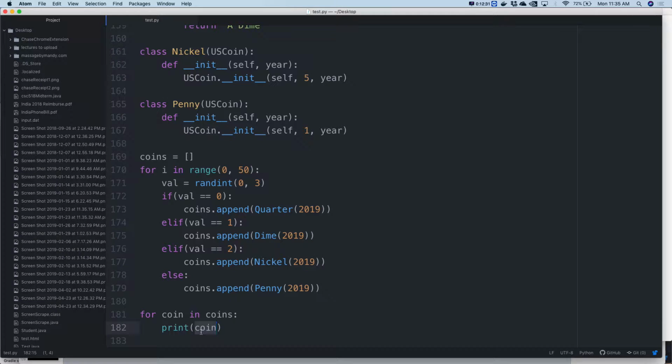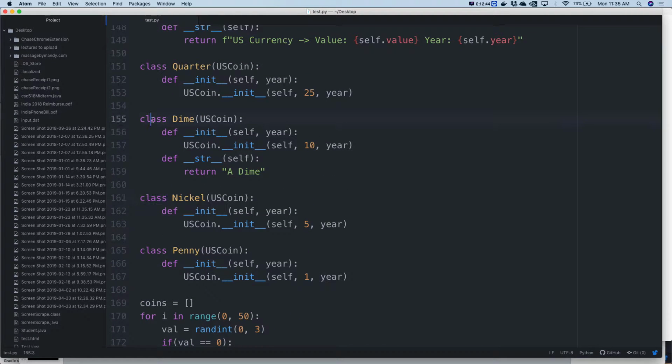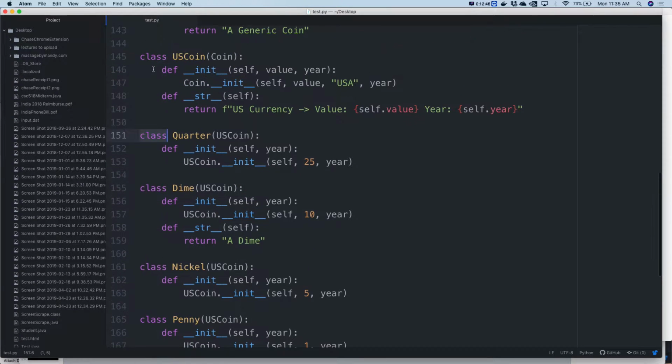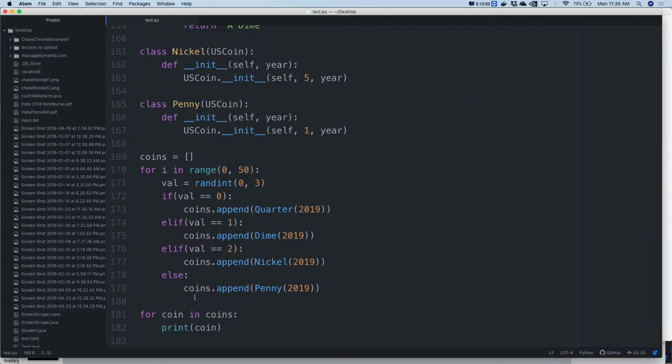Is a coin a double? Is a coin a Boolean? Is a coin a string? What is it? What do we use the class keyword for? What are we creating when we use class? Objects. Okay, so this guy is an object,